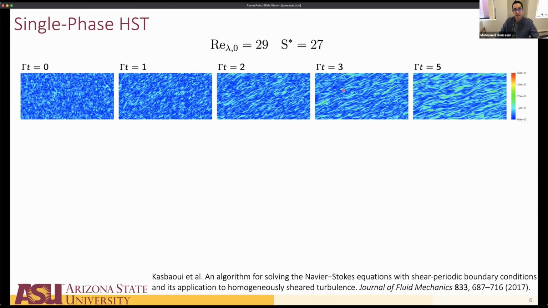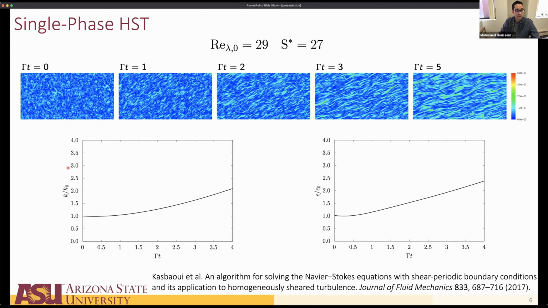So you're starting with an isotropic field. And as time progresses, and this is the non-dimensional shear time, you see the elongation of these structures, the turbulence becomes anisotropic. And also you see more of the light colors, less of the blue here, which means that the turbulence has been increased thanks to the energy added by the base homogeneous shear. And in fact, you can measure the turbulent kinetic energy. You see that it grows, and you can measure the dissipation, and you also see that it grows. So all of this is fairly well understood and also compares really well with rapid distortion theory, which is an analytical theory. Now, what happens when you add particles?